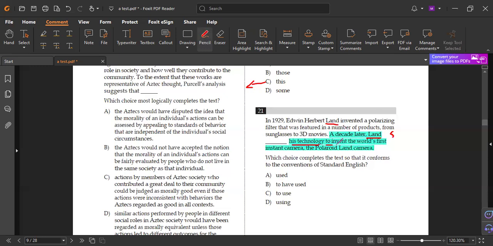To use his technology to invent the word. If you wanted to use have used, this is a phrase. This is not a complete verb phrase to work as a verb for the sentence. This is an infinitive phrase, and the phrase is a part of a sentence, not the verb. Wrong. Using is a present participle phrase, as you have studied, and the present participle phrase is a part of the sentence, not the verb of the sentence. So this is wrong.